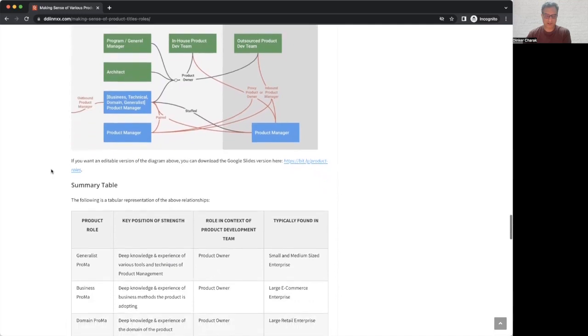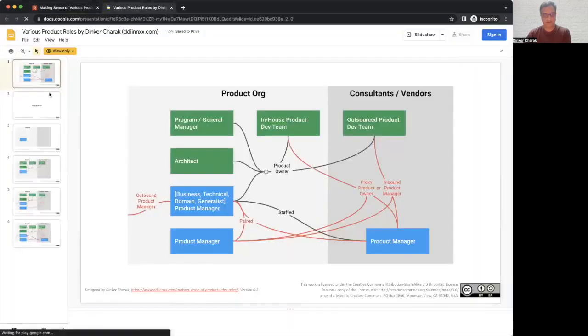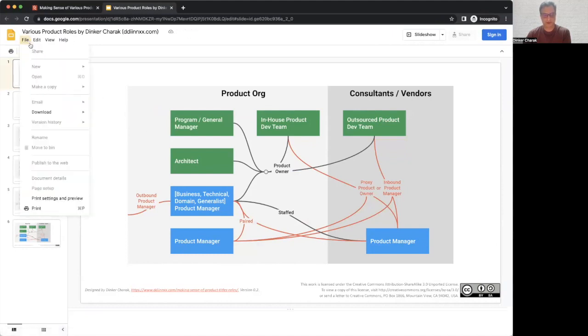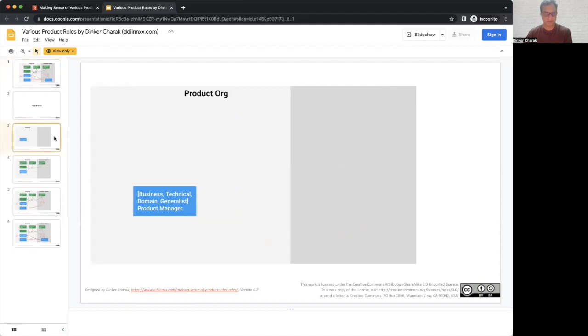What I have also done is I have created a Google Slides version of this deck. So you can download it. If you're logged in, you can always make a copy of it in your local Google account. Feel free to customize it, and you can share it within your organization if you want to communicate. It's okay, please go ahead and do it. The various images that I've used in the blog come from here, and sometimes it helps with the narration.